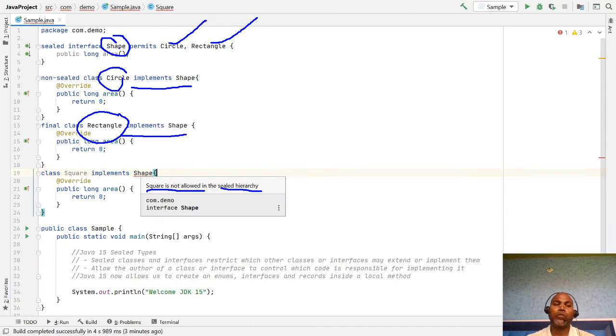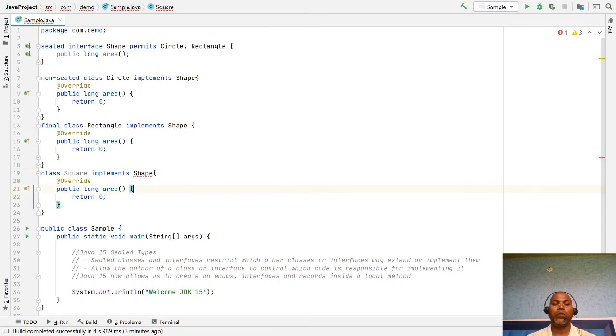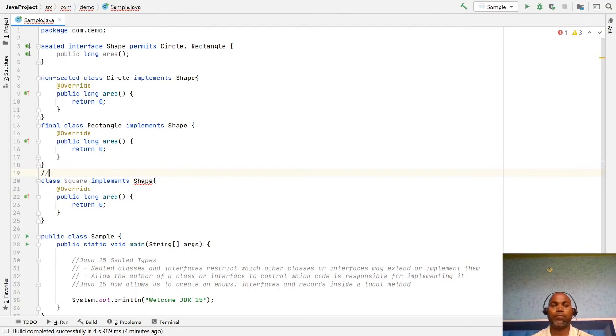And for any shape interface which is sealed, if you are implementing that interface, you have to mark your classes non-sealed, sealed, or final. Any modifier is needed. Okay, so here we have looked we cannot implement the shape interface, so this is not allowed. This class cannot be allowed to